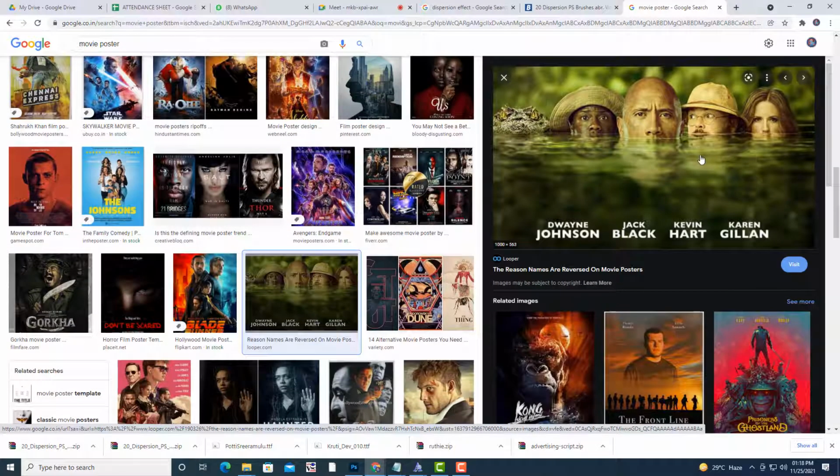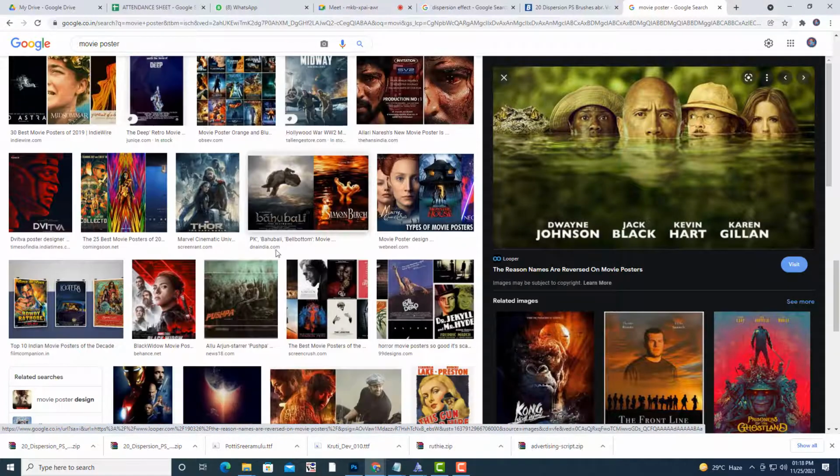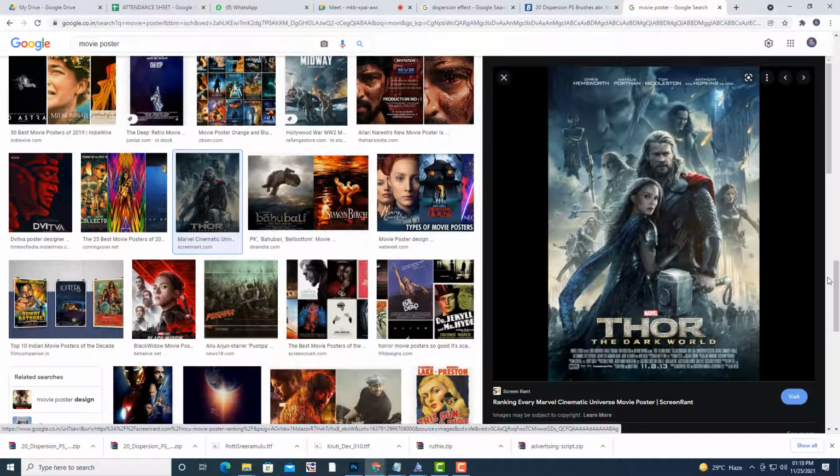Here we have this greenish color. And observe one thing: the background has clouds. Almost all posters are using the same pattern, clouds background and bluish color. Some are using blue, some are using yellow, changing like that, but clouds are a common thing. So we have to use these things to create a poster look.